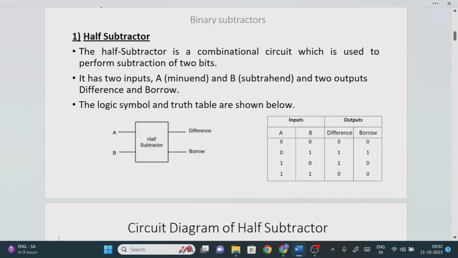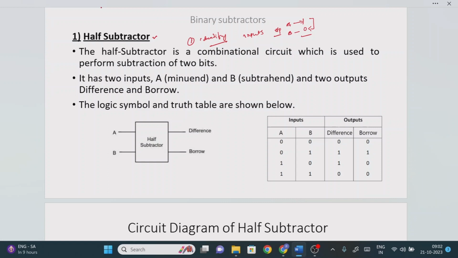First, if you are designing any combinational logic circuit, and the half subtractor is also a combinational logic circuit, what is the design procedure? First we need to identify the requirement, meaning how many inputs and how many outputs are required. In my case, to perform this subtraction operation, I need two bits. One bit should be subtracted from another bit, so I require two input values. So this is my input requirement.